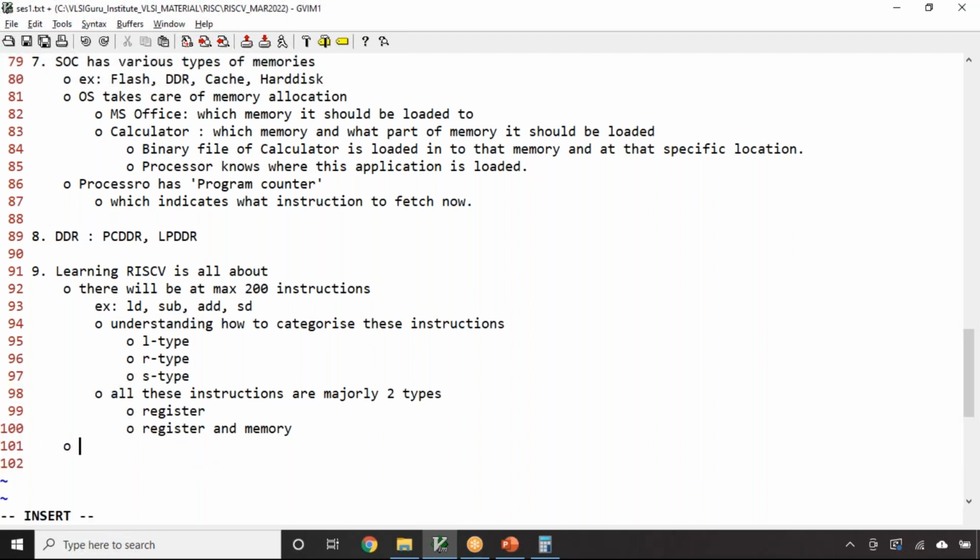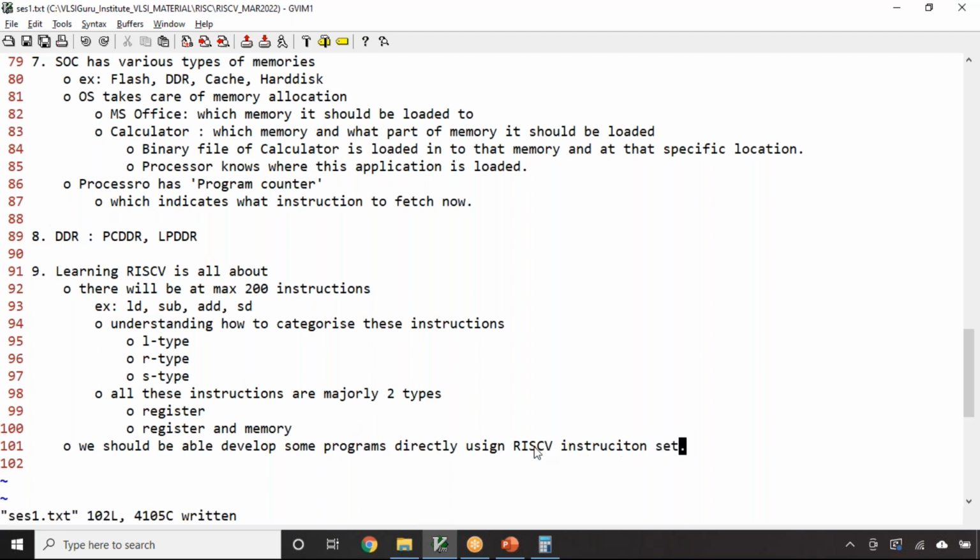And then we should be able to develop programs directly using RISC-V assembly language, the RISC-V instruction set. That is our final goal of this training, where we understand the various instructions and we are able to develop some of the requirements directly by means of RISC-V instructions. Instead of doing it using C language and then compiling, we want to directly develop using the RISC-V instruction set,